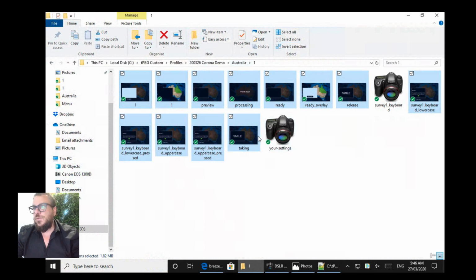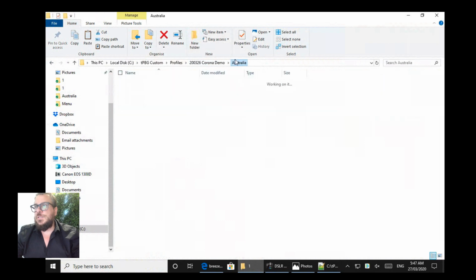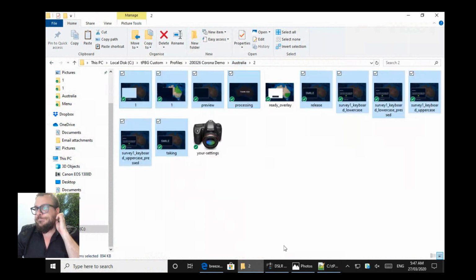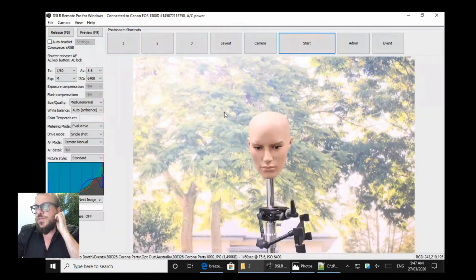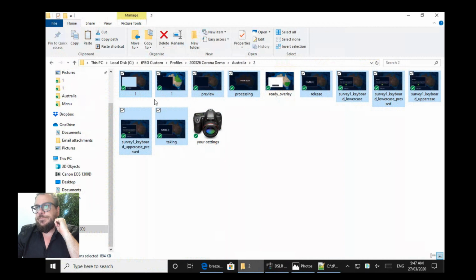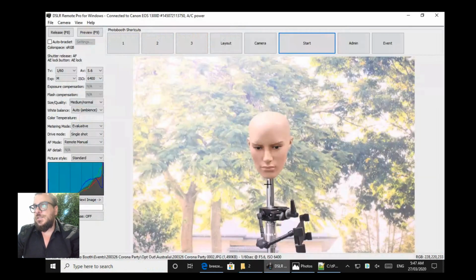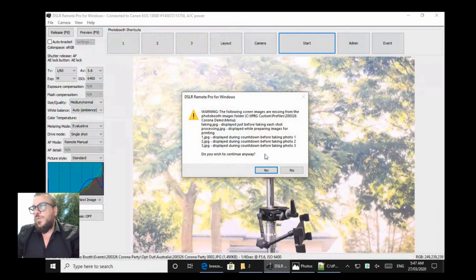I'm going to grab, which ones don't I need? I don't need those ones, I don't think. So it's going to copy those across to here. And the only thing we need to do is I shifted slightly the live view in the New South Wales option. I think it is in a slightly different place. But if we have a quick look,